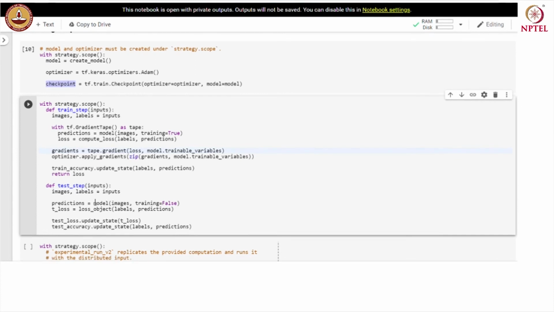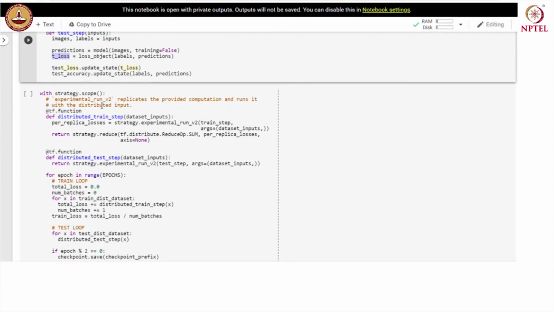During the test time, we apply the forward computation, we supply images to the model and we get the prediction. We calculate loss using the loss_object method that takes actual labels and predictions, and then we update the test loss and the test accuracy based on the labels and prediction here for test accuracy, and test loss is updated based on the loss that we compute over here.